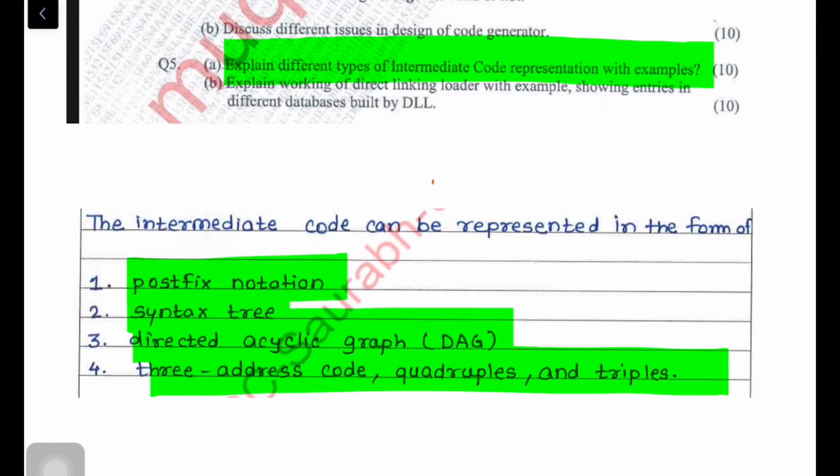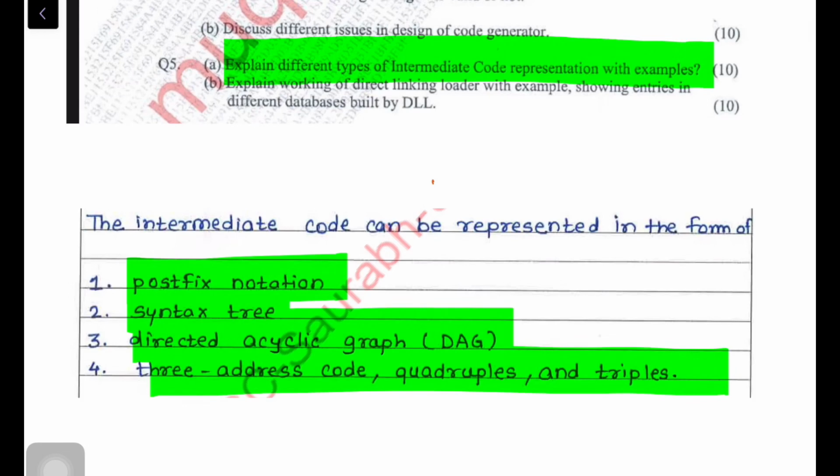As of now, I will just give you a brief introduction to syntax tree. For a given statement, you draw a parse tree, right? We have done parse trees in the class. In a parse tree, we have variables and terminals. A syntax tree eliminates the variables. The syntax tree has only and only terminals.